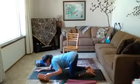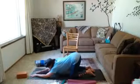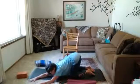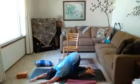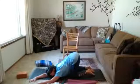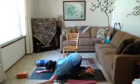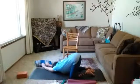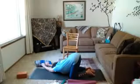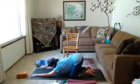From wherever you are, child's pose or puppy pose, slowly walk your hands over to one side to realize that side stretch. Take a full deep breath. Move back to center and then to the other side. Come back to center